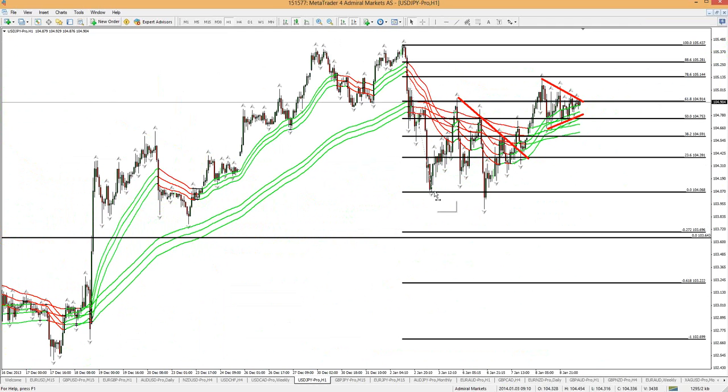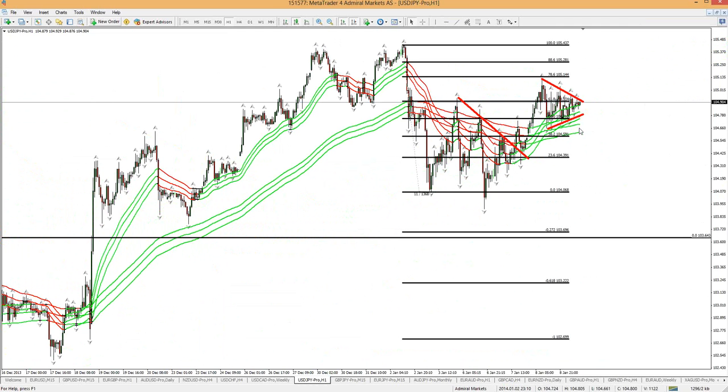Right? So that's what could happen. This breakout trade right in here. Downside, if the price were to break to the downside below this fractal, then I wouldn't be interested personally. There could be a bigger retracement on the dollar yen, maybe to 103.70 or 103.20, and then we should see